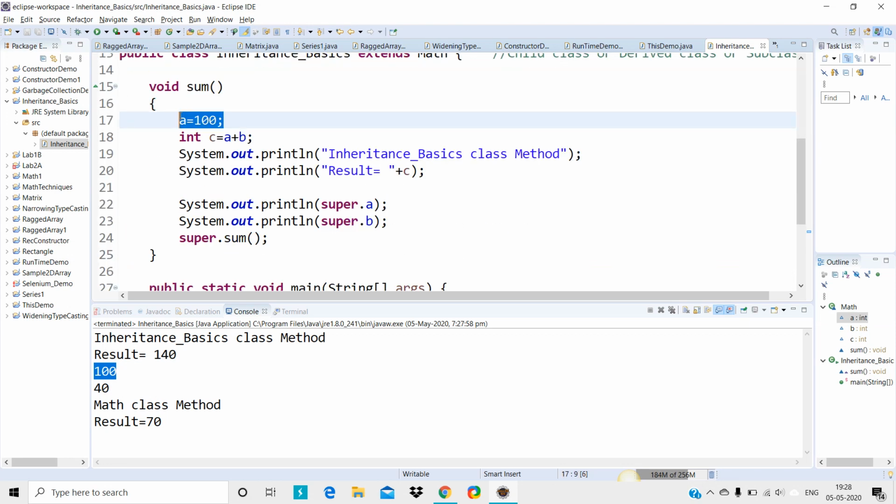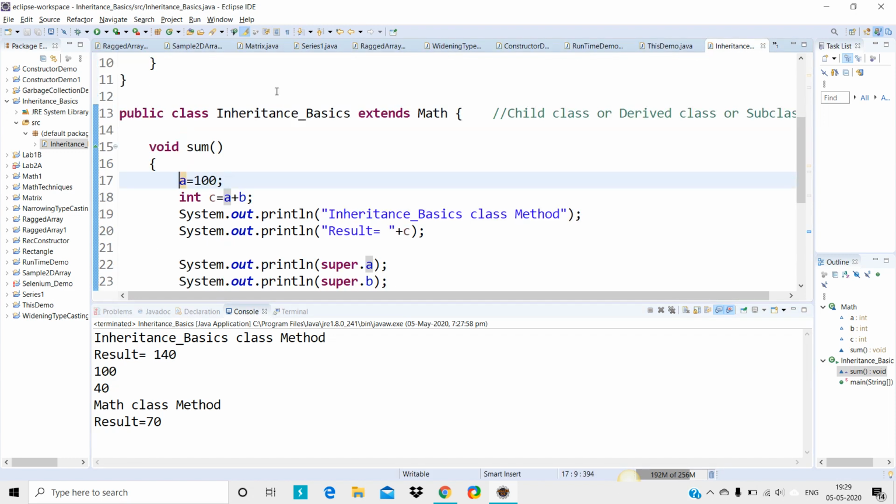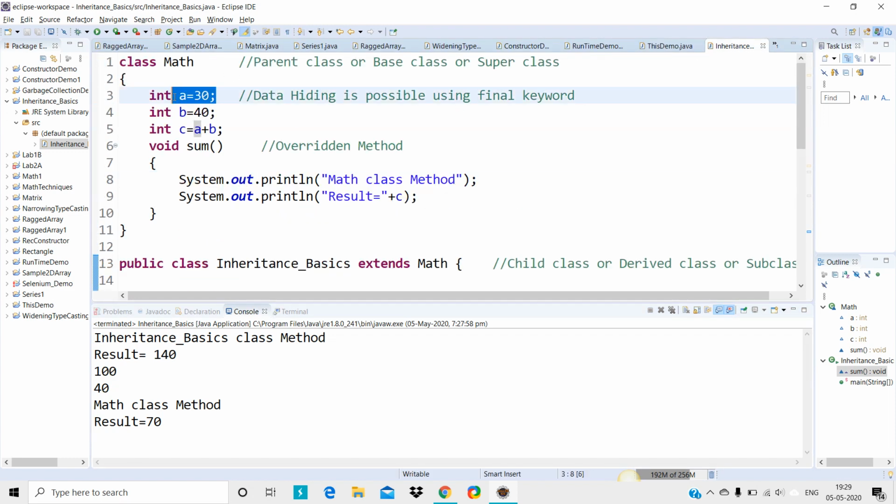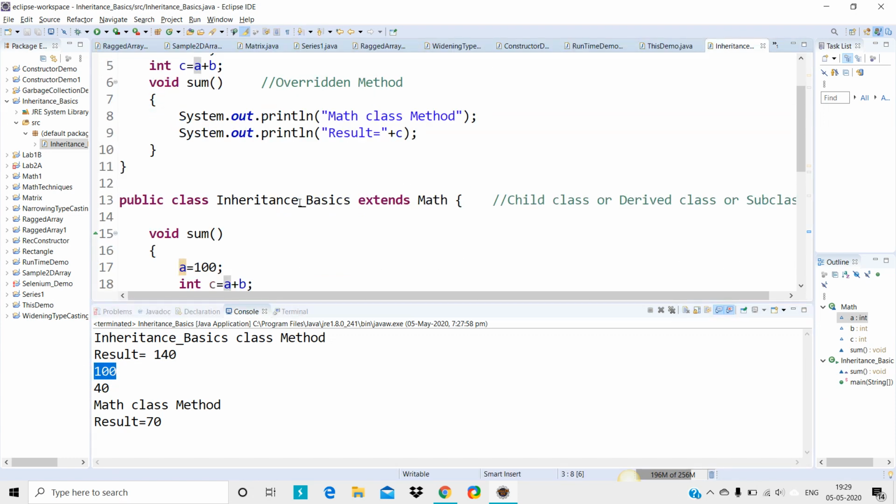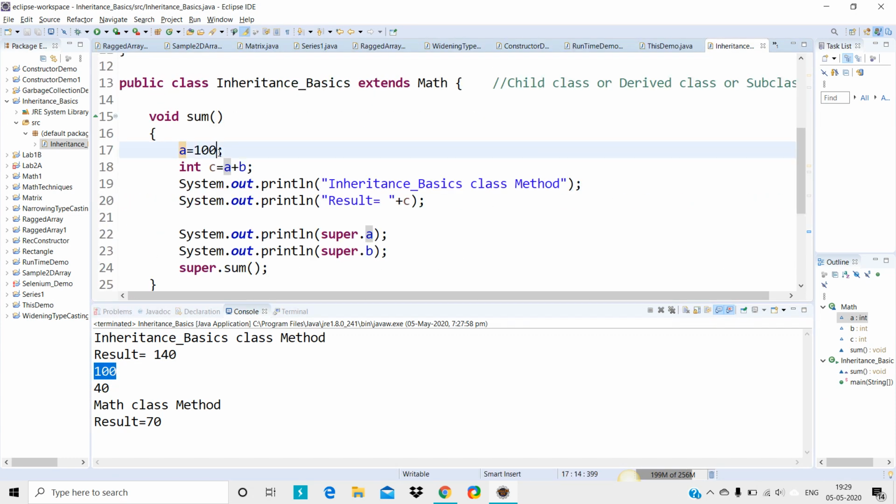The value of a is replaced by 100 now, right? So a has the value 100, that is why a is getting printed. It will not print 30. Instead of 30, it will print 100, because the value of a has been changed inside this method. That is why it is showing 100.